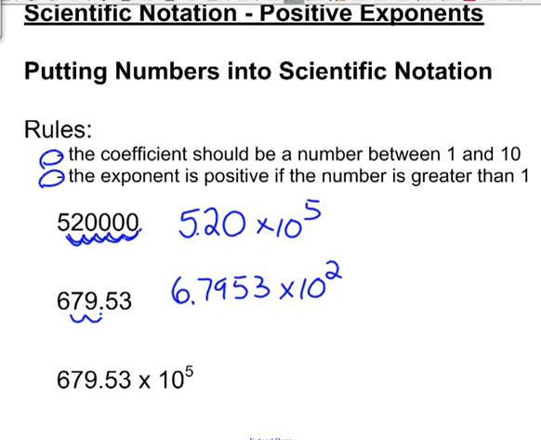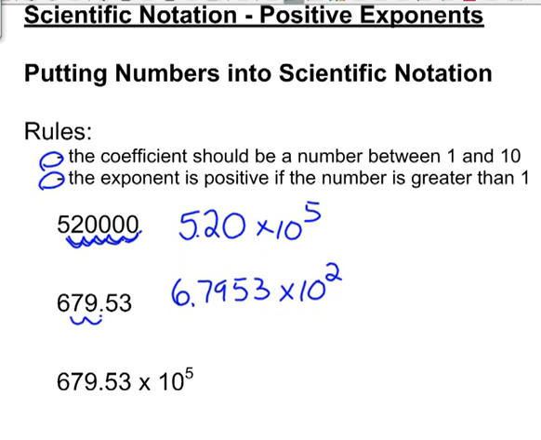Our last number, 679.53 times 10 to the 5, is not in proper scientific notation. We need to make sure only one number is in front of the decimal. So I'm going to take that decimal and move it 2 more places over. So it becomes 6.7953 times 10. Our exponent before was 5, but we have now moved it 2 more places over, so our exponent becomes